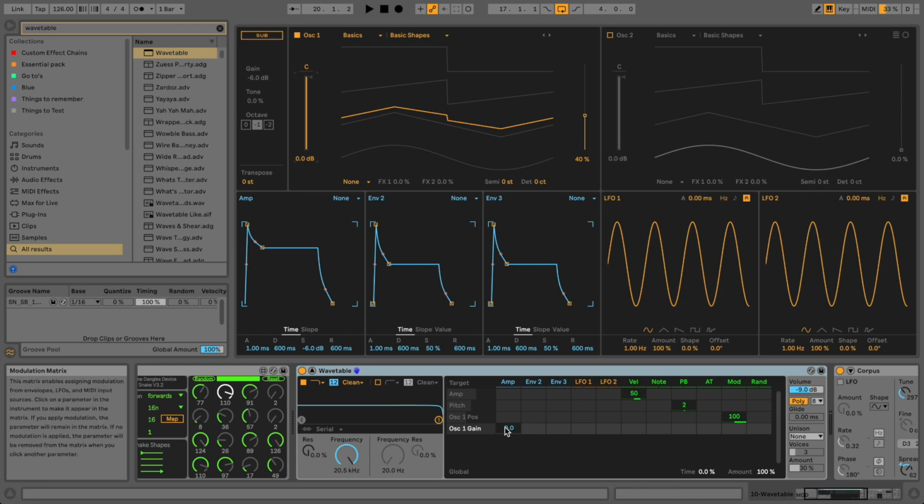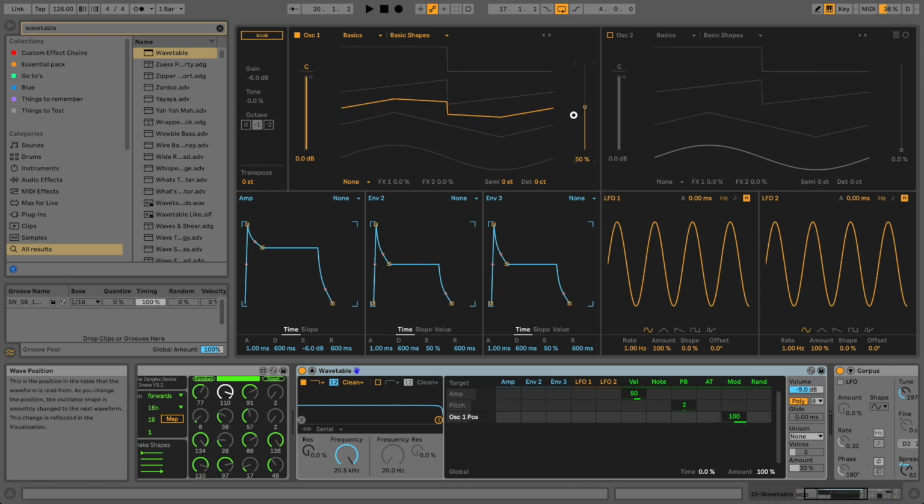You can assign it. You can tell it, okay, this oscillator position being modulated by the amp, right? What's the amp? It's this one here. So we can say slow attack, so I come in really slow, and so on,